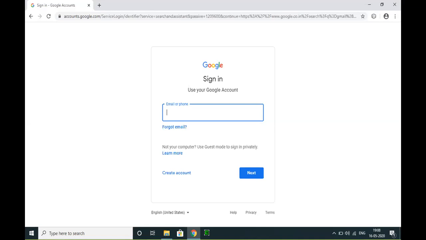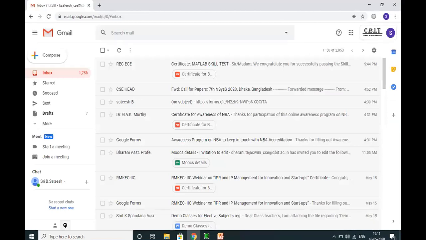Right here, as soon as you provide your credentials like username and password, once after signing in, you'll get a page. This page is different for every user. It's unique, it's different. And this page changes from time to time. For example, if I get a mail, immediately the page has to be changed. 100 mails will be shown at the top of your mail list in your inbox. It means that the content of this particular page gets changed from time to time. It is a very good example of a dynamic web page.